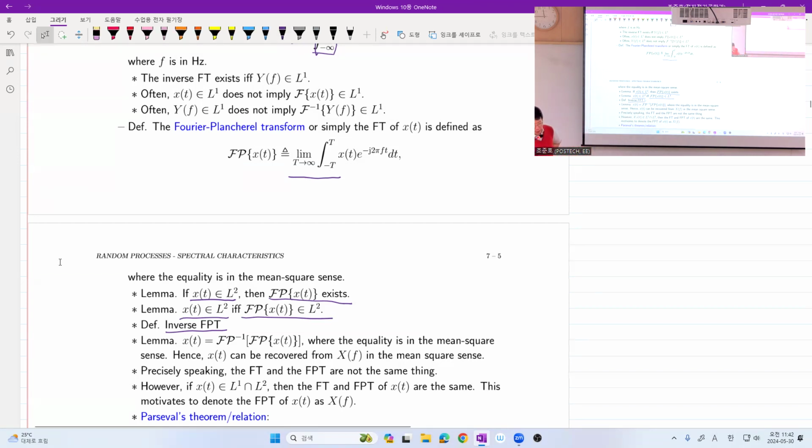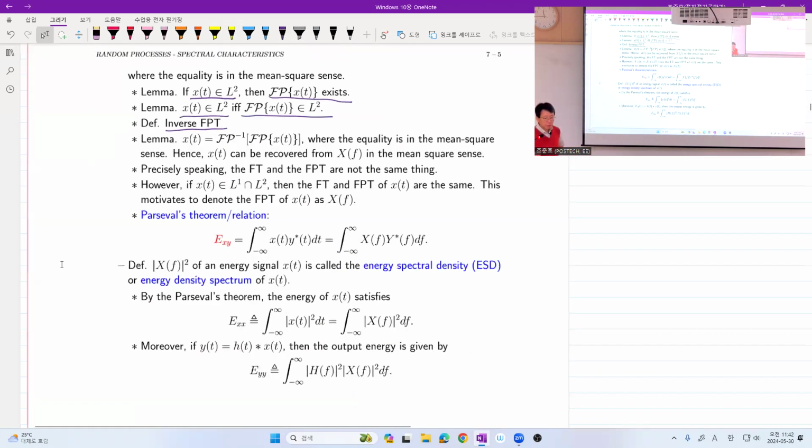Got it? So here goes Parseval's theorem or relation. And cross energy, as I already told you, and it reduces to the energy if x equals y, can be what? Can be computed in terms of the Fourier-Plancherel transforms of x and y. This is an amazing idea